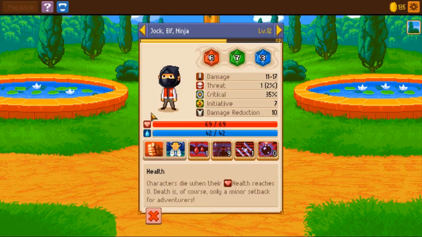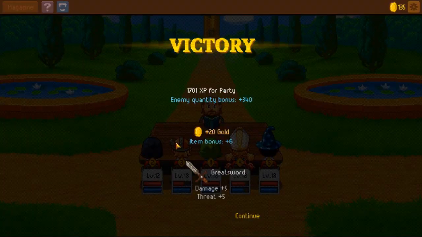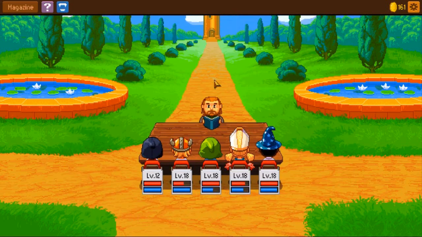Okay, so what do you get with all your bonuses? 1 threat is awesome. 3-5 crit is amazing. I like, if I can get that to like 50 or something. Great sword. Well, that's not better than that, obviously. 5 wound. Wow. I mean...